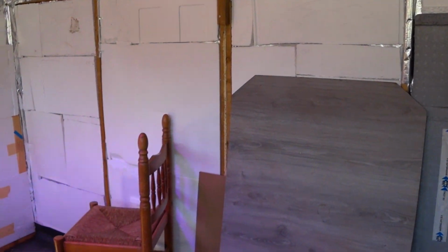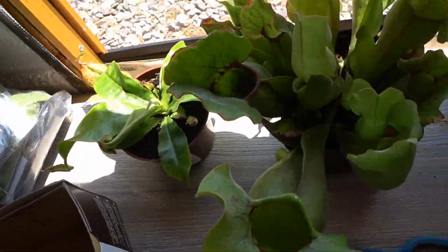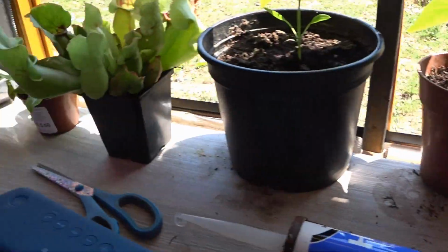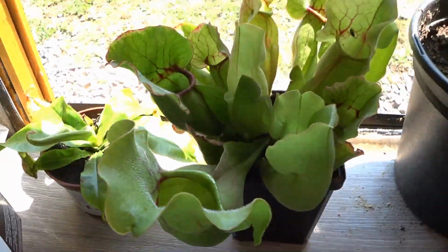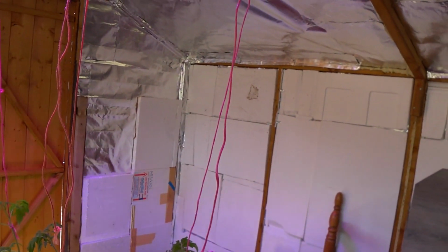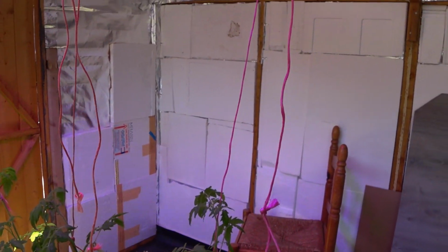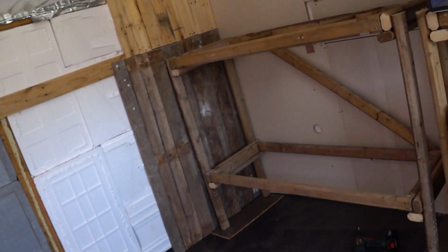Terrarium with another thing I've been interested in, carnivorous plants. So I bought some carnivorous plants. I can't remember the Latin names of these yet, that's how new I am to them, but they do like to eat horseflies, which is good. No, you can't see him, he's in there. Tried to bite me earlier. But yeah, carnivorous plant terrarium I think would be interesting. And then I've got some free space for other tanks. So it's going to be a fish room. More than half of it will be filled with fish, and it'll give me a place to do some interesting